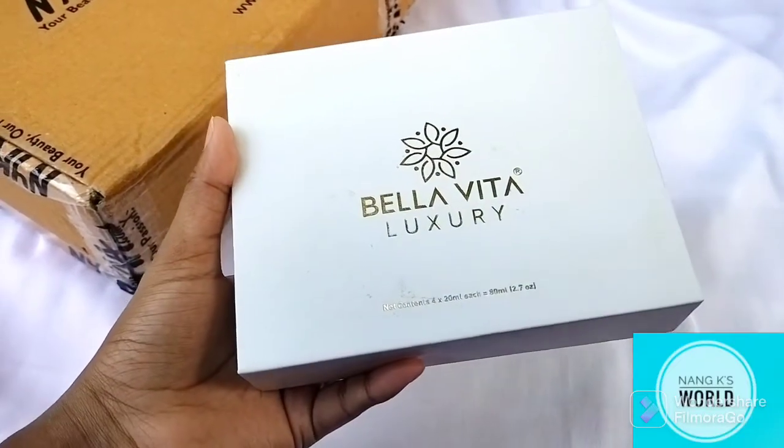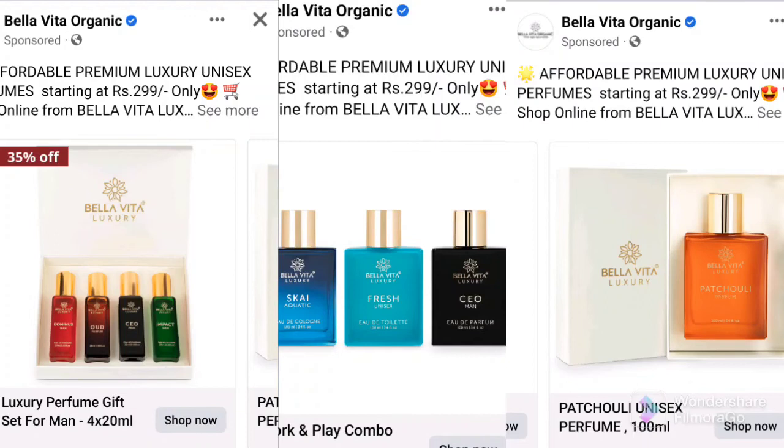And one more thing, not only these perfumes, there are other Bella Vita perfumes also available in the app. You can go through the app and check out which one you like and you can have it for yourself. And these perfumes are really so mild, not so strong like those perfumes which attack the head. So definitely I'm going to give it a second try after I finish these